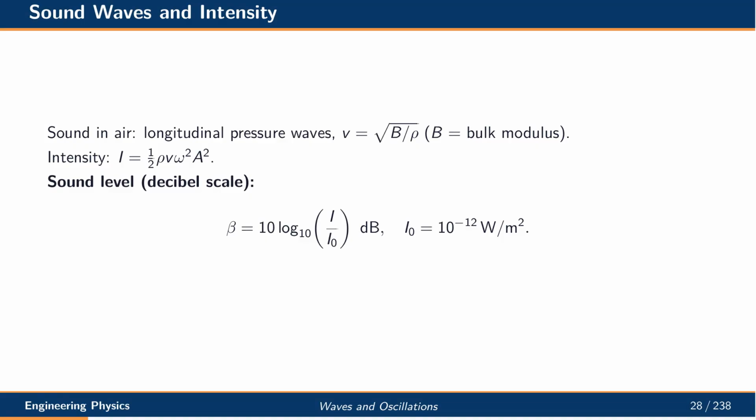Sound waves in air are longitudinal pressure variations. Their speed depends on the bulk modulus and density of the medium. Sound intensity measures the power carried per unit area. Because human hearing covers an enormous range, we express sound levels on the logarithmic decibel scale, referenced to a threshold of about 1 picowatt per square meter. This logarithmic measure aligns better with how